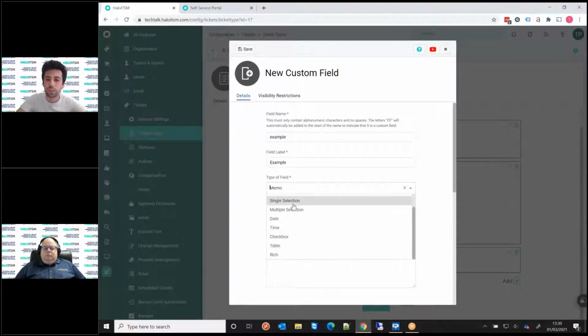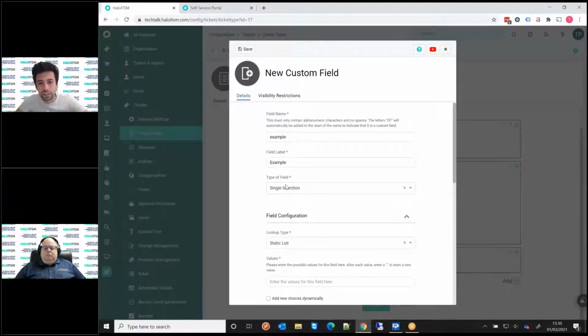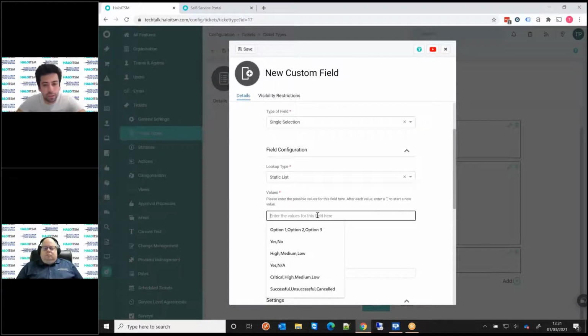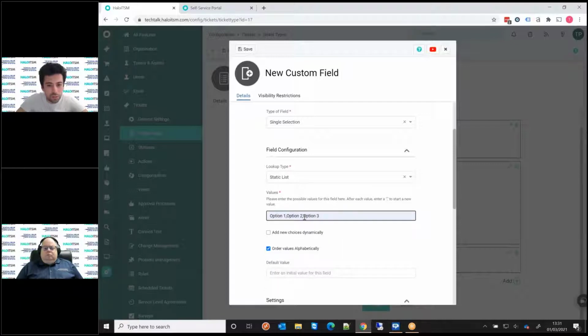I thought I'd give an example of a drop-down today. We'll just do a single selection drop-down. With a drop-down, you have the option of doing a static list or a dynamic list. And a static list is just simply a list that you just manage within here, within Halo in the application. And you'll see here that you can just comma separate the values, and now create us 3 options in the drop down. The dynamic list will allow you to look up data from elsewhere, and that could be from other